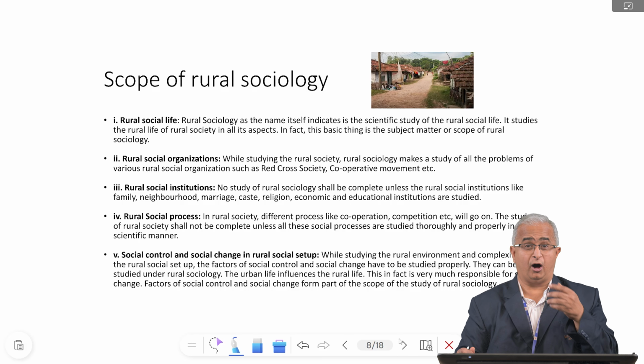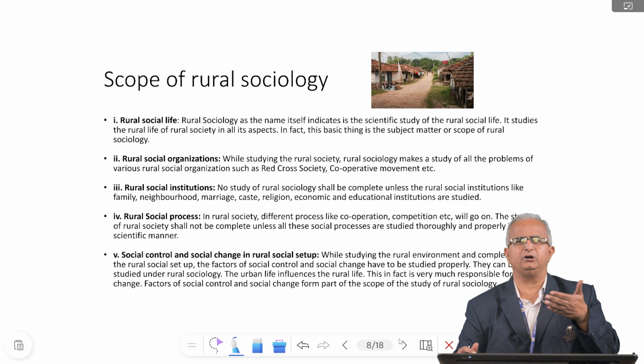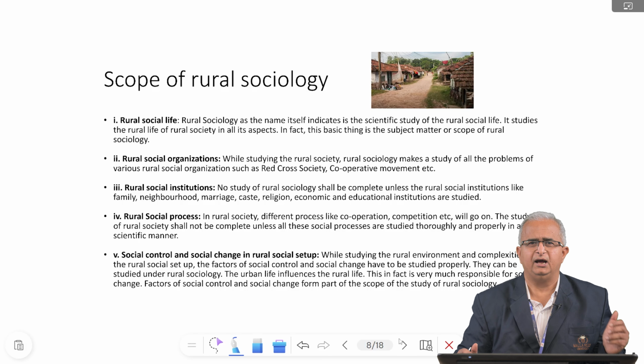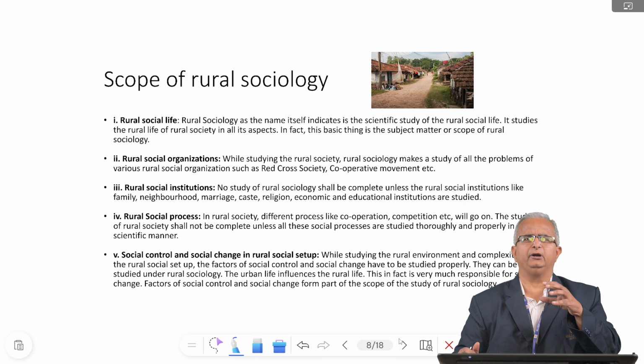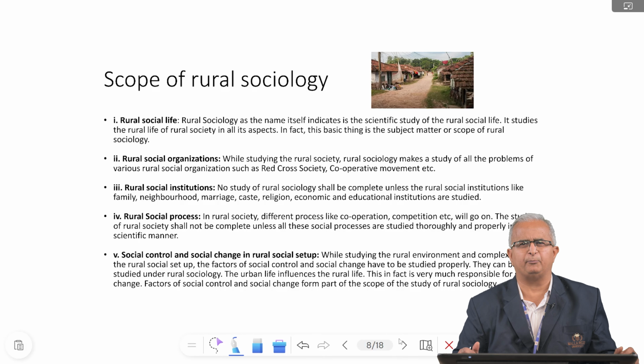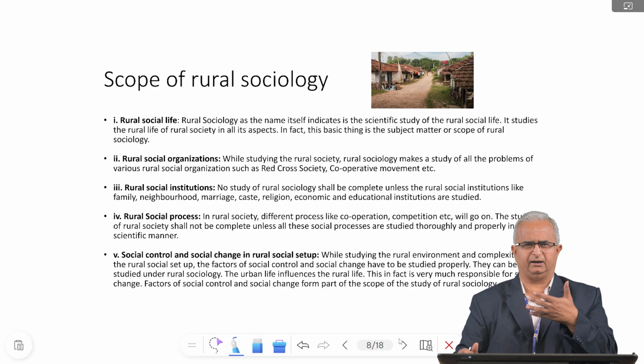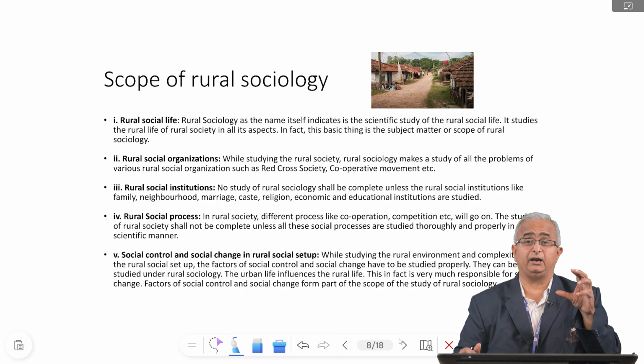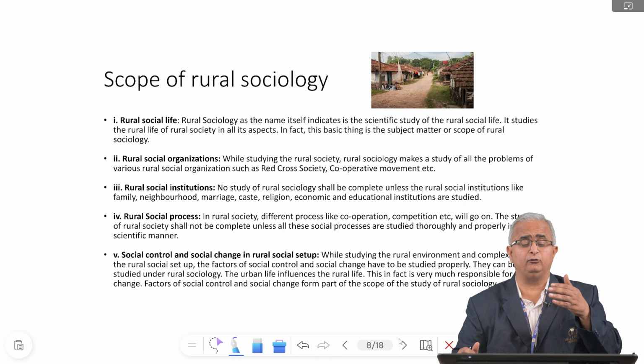Then the rural social organizations. What is an organization? Say, a role, authority. In either the institution or the organization, they have certain rules and certain roles to perform. Each and every organization or institution is nothing but the people. In order to maintain the people and to have control over the people, any organization or institution will have certain roles for each and every individual who joins the institution or the organization.